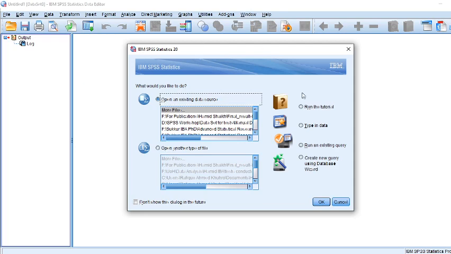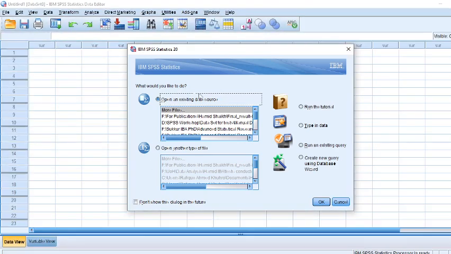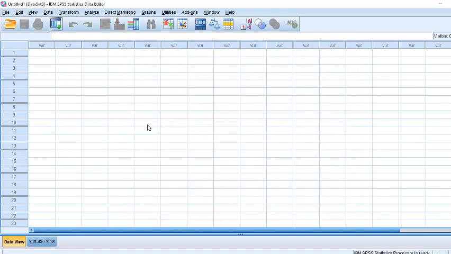This screen shows you if you want to import any file. You can enter your data into SPSS directly, and apart from that you can import data, and also export SPSS data to other formats like Excel. You can import data from Excel. I am not going to use this in the initial stage, rather I am going to cancel it. For orientation, you can see SPSS has two windows. One window is this one.